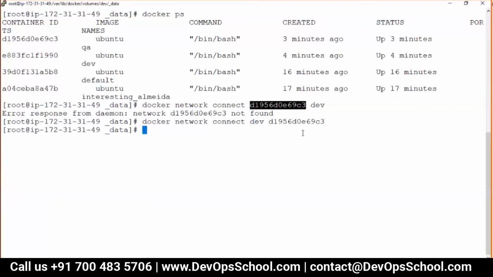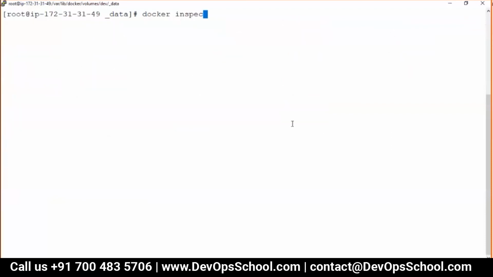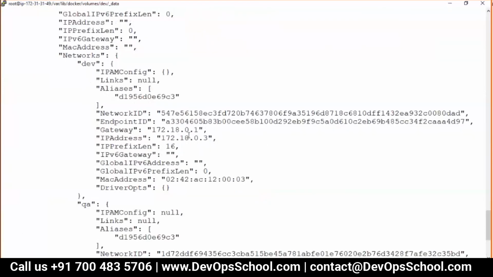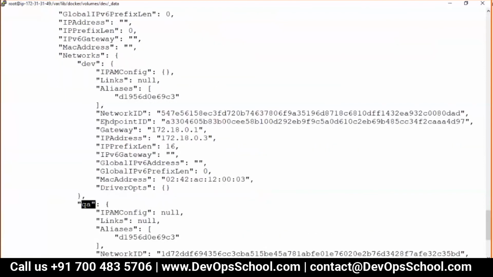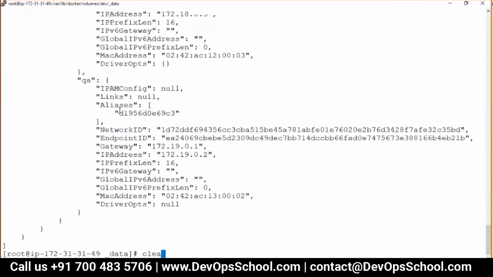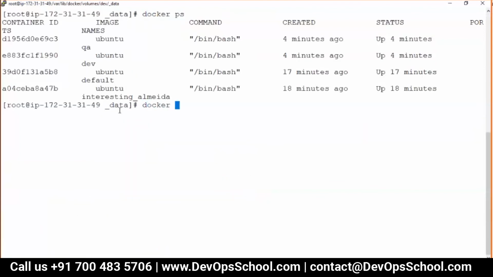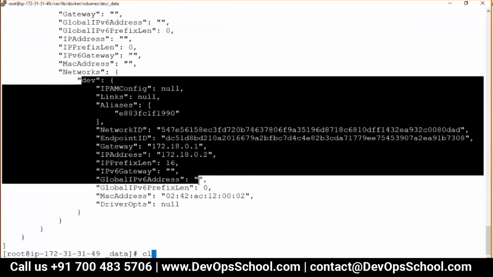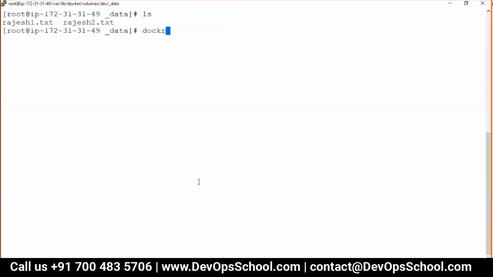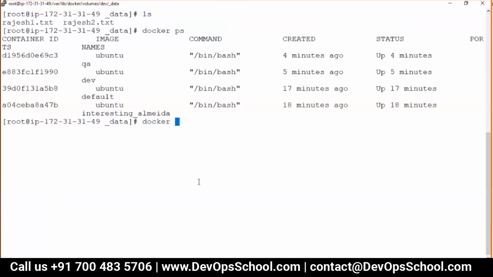And guys, done. Can I inspect this container and see if it is done or not? Docker inspect. It's related to the IP address, right? Yes. And guys, you see that 18 has come and 19 has come. This is QA and this is dev. But if you see, the other containers still have only one. So here you see dev, only one dev. So guys, can we rename it now? Docker ps, docker rename this container, so that way it will not confuse me.